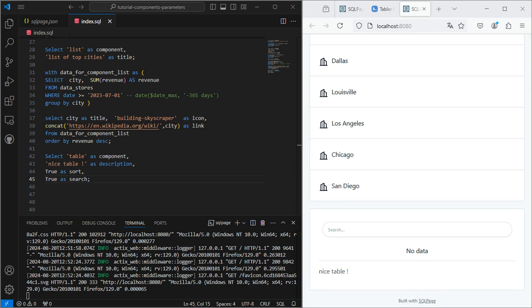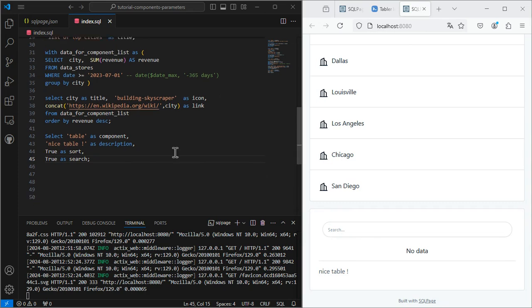I am not going to write the query myself because I actually use GenAI to generate it. This is one of the key strengths of SQL Page, how easy it is to use GenAI for virtually any query you need. So I simply told ChatGPT, here's my data underscore stores table structure.